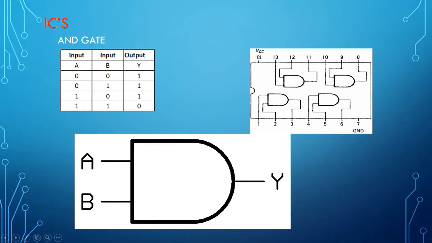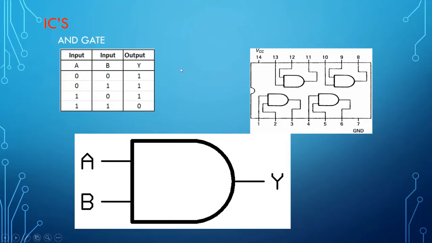Remember, in the case of 14 pin ICs, very commonly pin 14 will be the power supply pin, which is to be connected to the power supply, and pin number 7 will be the ground pin. These pin diagrams will normally be provided for each and every IC that you use in the laboratories. So whatever IC you take, the pin diagram of that IC will be given to you, and you need not worry about it. This one is a very common thing for you. So this is your AND gate.